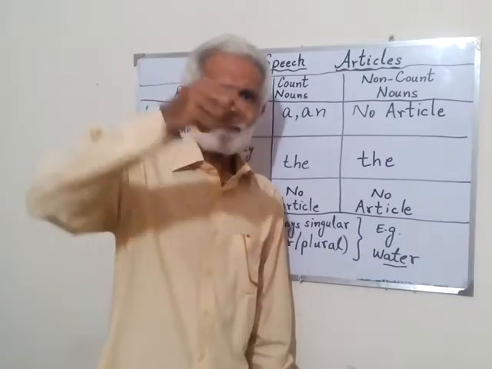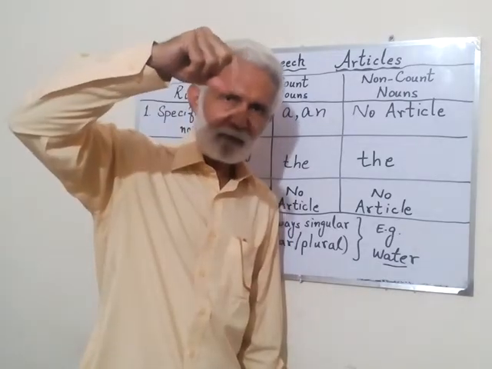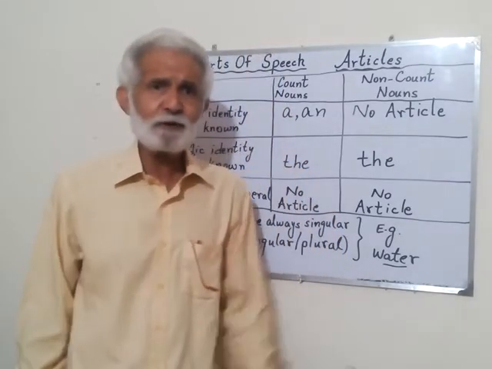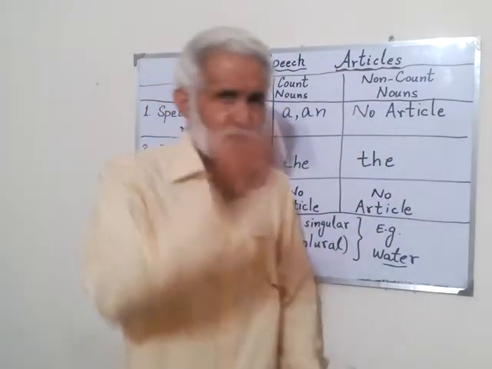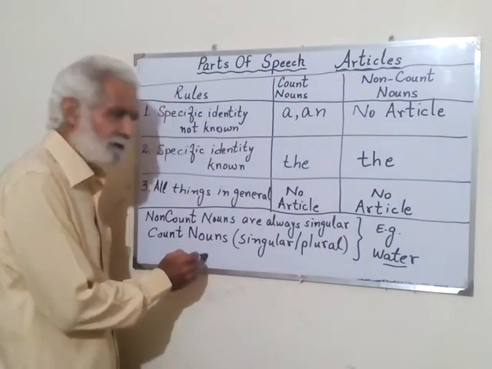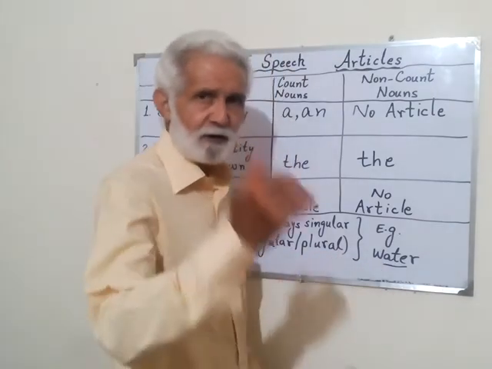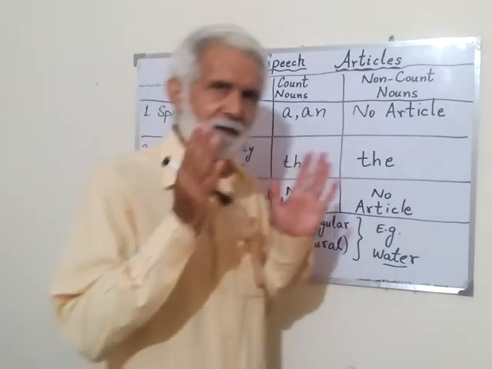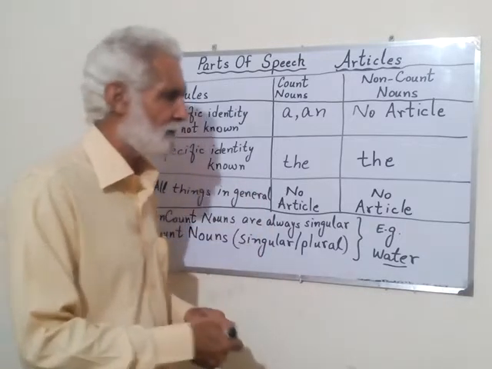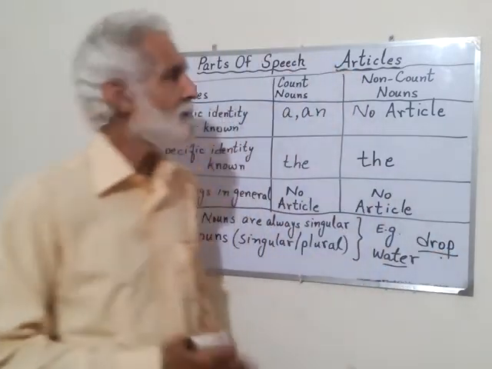If we fill water inside that drip and pinch the tube, it comes out drop by drop. You have seen the drip we use in hospitals, where water comes drop by drop. So we can count 1 drop of water, 2 drops of water, 3 drops of water. So now we can count the noun water in that form, 1 drop, 2 drops, 3 drops, but water as a whole when it falls is uncountable. So this is the difference between countable and uncountable nouns. Drops you can count, but completely water you cannot count.